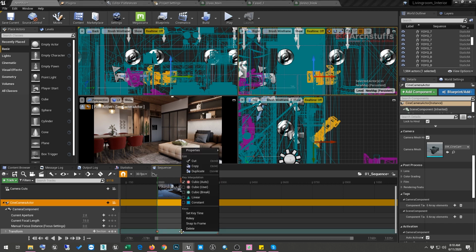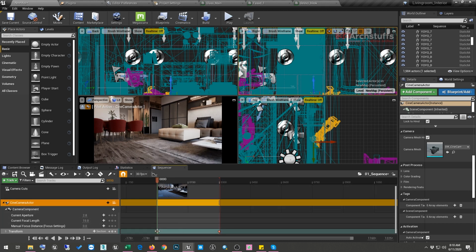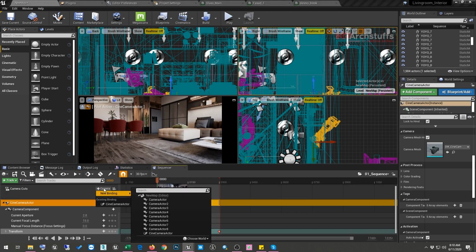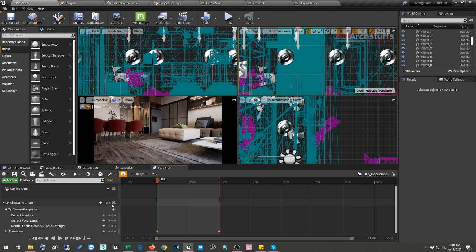Then right click on this keyframe and set key time, and now set it to 300. So now it's up to 300, and you can increase it a little bit, and then select this first keyframe, and here in camera cuts, click on this camera and then click on this Cine Camera Actor.